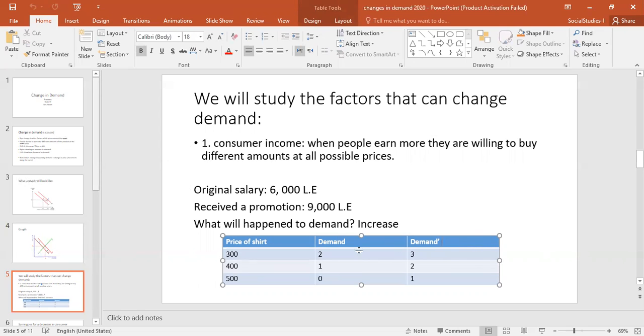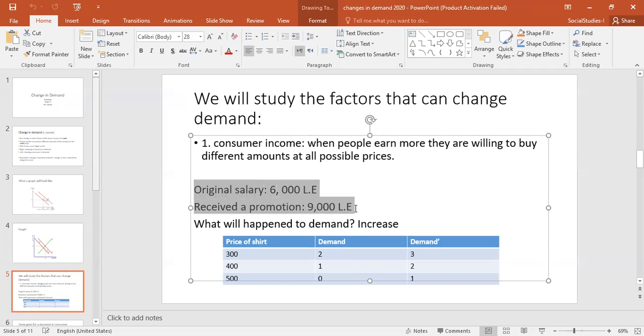Okay, so this is your original demand right here. All right, so what happened here? If the shirt was 300 pounds, you were going to buy two. At 400 pounds, you were only going to buy one. If the shirt is 500, you weren't going to buy any. So now with this scenario, if you had an original salary and you received a promotion of 9,000,